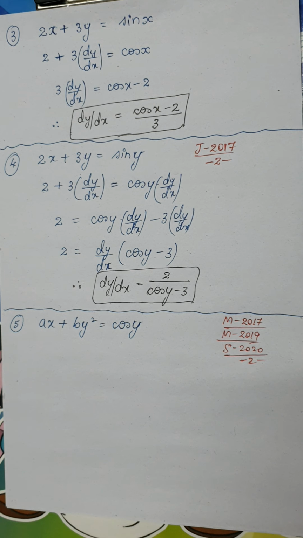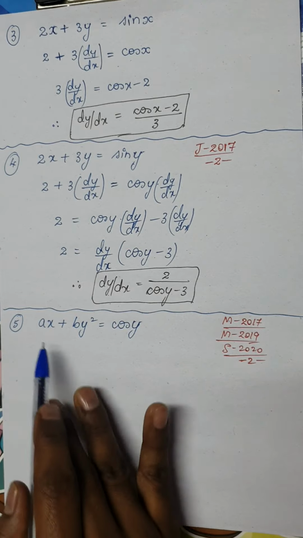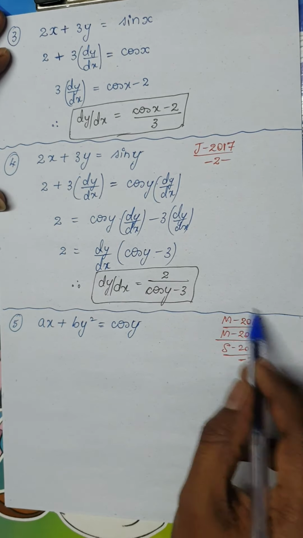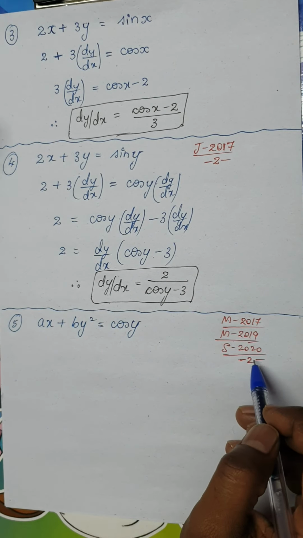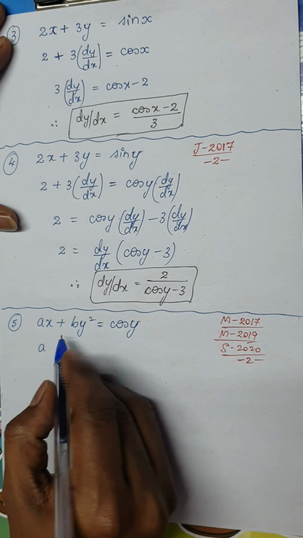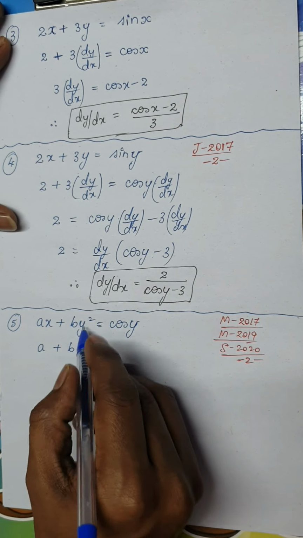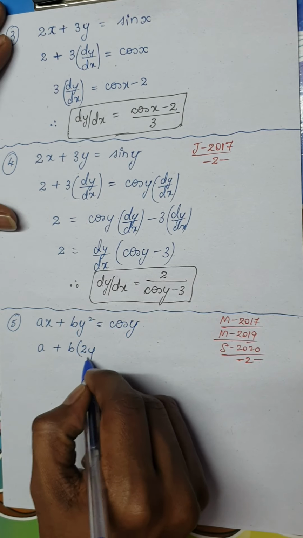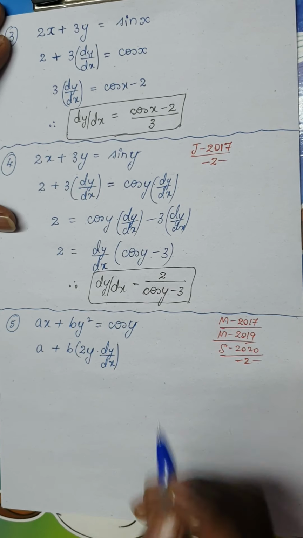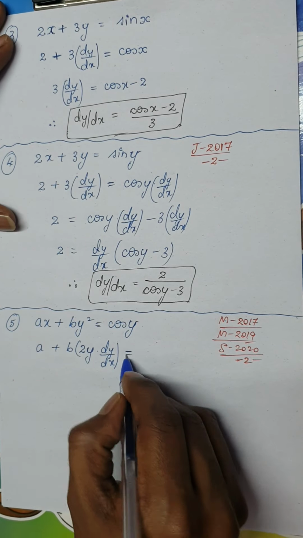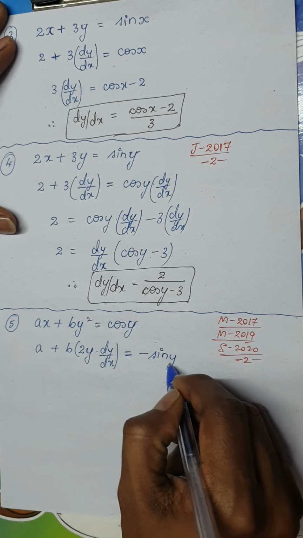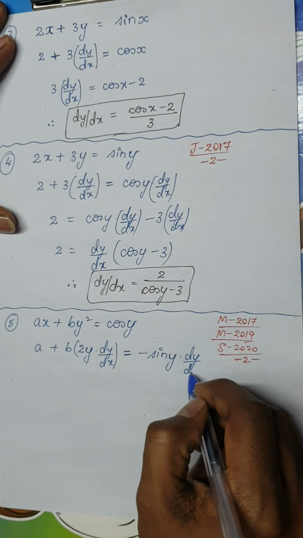Right. So next question we have is a into x plus b into y square is equal to cos y. Okay, this has been asked 3 times for 2 marks. Okay, let's start. Now a into x derivative is, we know it is a, plus b is a constant. Now what is derivative of y square? It's like x square. So derivative of y square is 2y, remember, into dy by dx. Okay, so this is nothing but, now what is derivative of cos y? We know derivative of cos y is minus sin y into dy by dx.